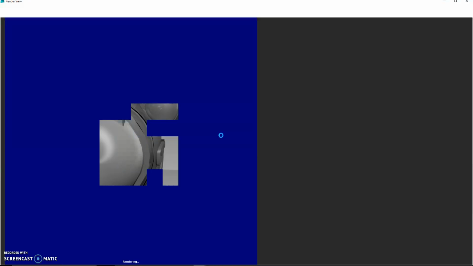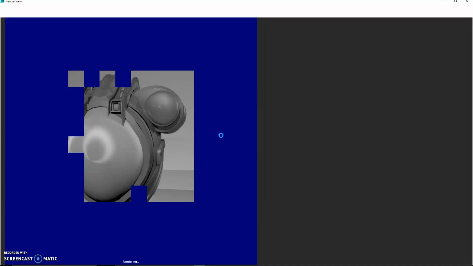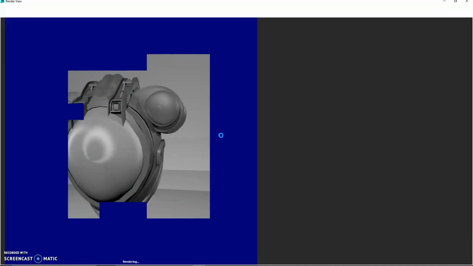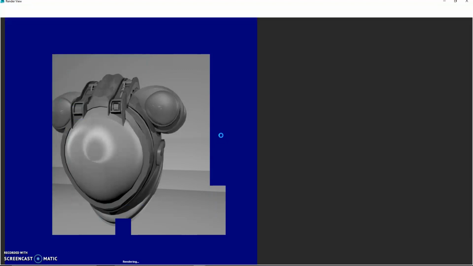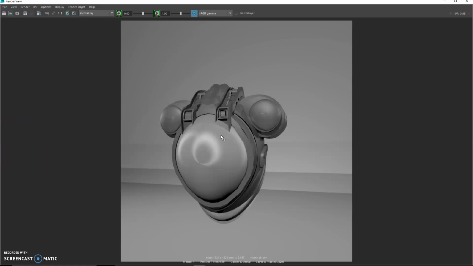Let's see what that looks like. You could basically play around with these things until you get what you're looking for. See, anisotropic gives it a completely different look. And there you go. All right, I'm going to pause this, play around with the rendering, and then I'll show